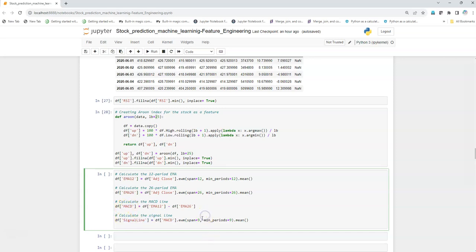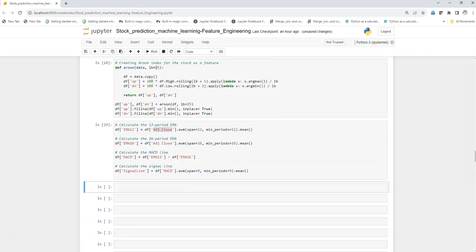So these are some of the technical tools that are available. So I'm just creating the features out of it. You can use it readily to get these features, and I'm applying it on the adjusted closing price of the stock. I'll just execute this,